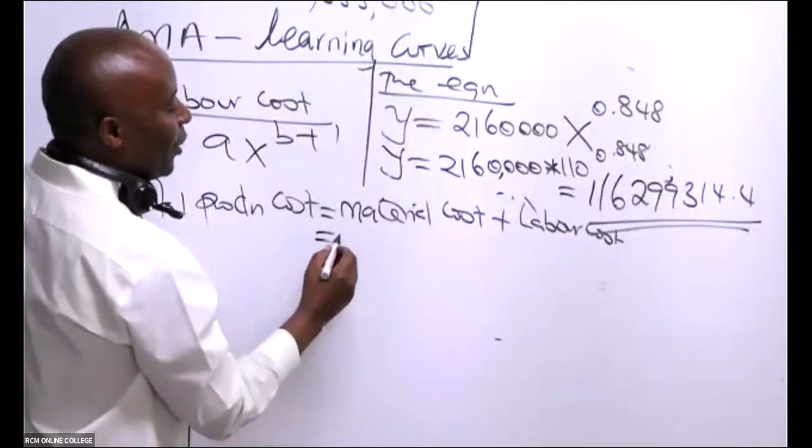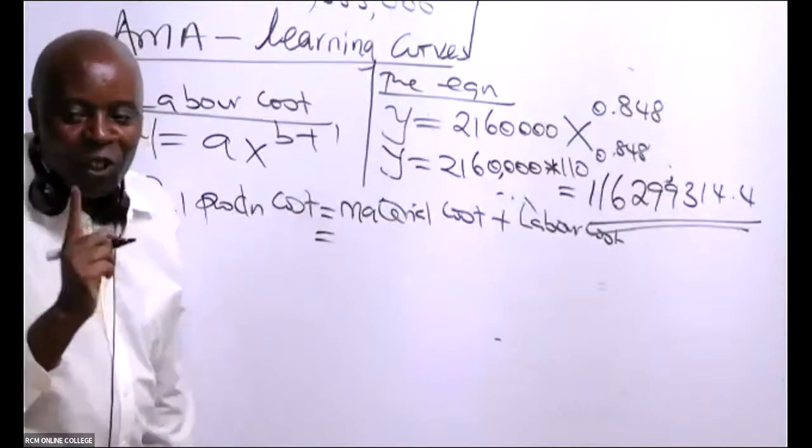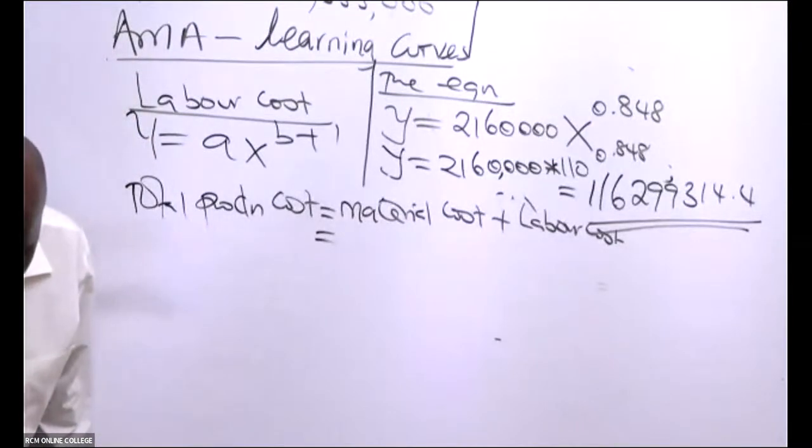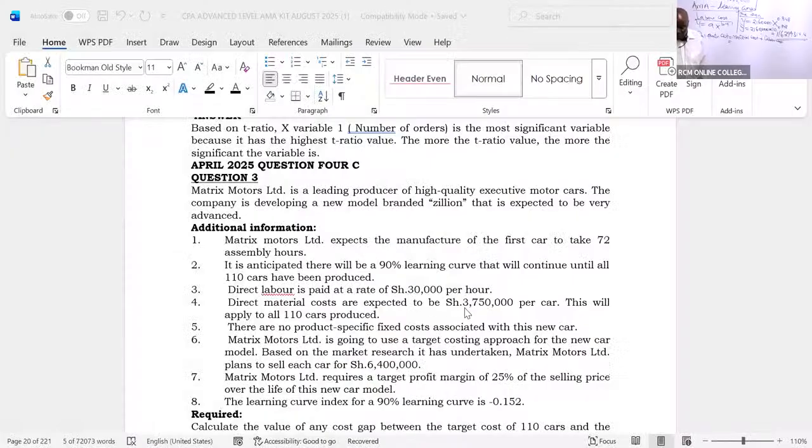So in this case, material cost, are you able to see how much each car is costing us in form of materials? These online guys today, they are talking to me, and today they have hit 160, which is really good for advanced MA. That is really, really good.